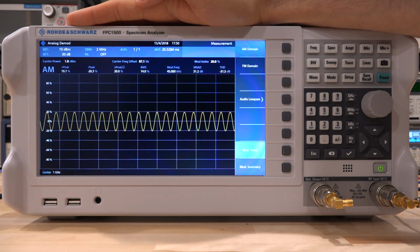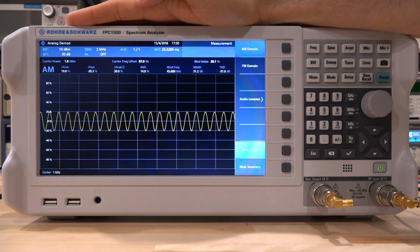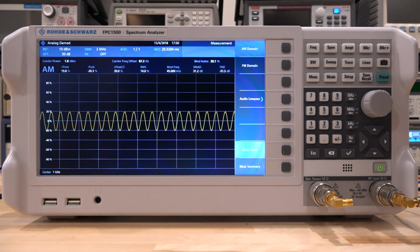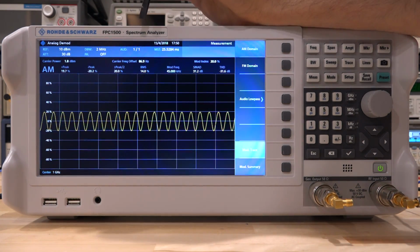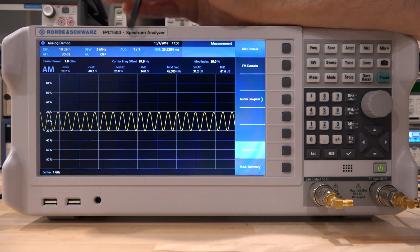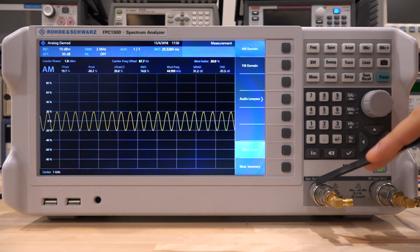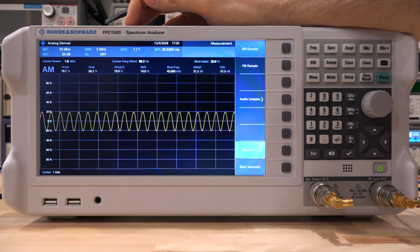Now this is a fairly complicated measurement if you wanted to do it, but we can easily do this with this instrument because we have every functionality built into it. The only thing missing is I wish the internal source could be used to do this, so I wouldn't have to use an external synthesizer. Then I could just directly connect the generator to the amplifier and do the same measurement,